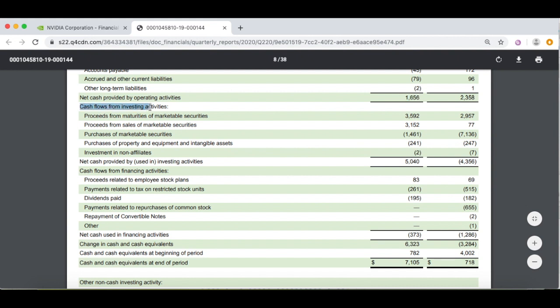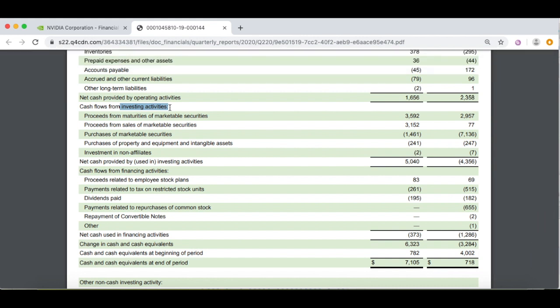Cash flows from investing activities. Nvidia is a chip maker. They're not an investment bank, but again, we saw over $7 billion. So they're going to put this in maturities and marketable securities. This is sales of marketable securities. This is purchases of marketable securities. Purchase of property and equipment here. This is more business related. This is more just, I have $7 billion, I'm not using it, so I'm going to invest it in something